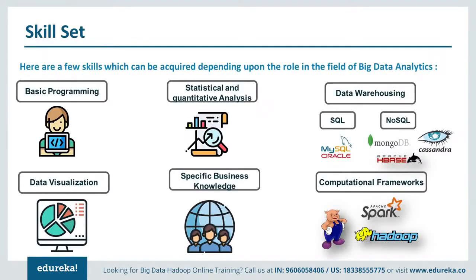and Cassandra. So knowing these databases is also very important. So next one is data visualization, which is I think one of the most important skill sets which are required. So as an analytics professional, you should know how to visualize the data in order to improve your business. So you need to know what kind of trends are going to be there in the data and how it is increasing and what kind of insights this data is going to provide you. So you should be able to visualize the data. You should be able to understand what the data is indicating.